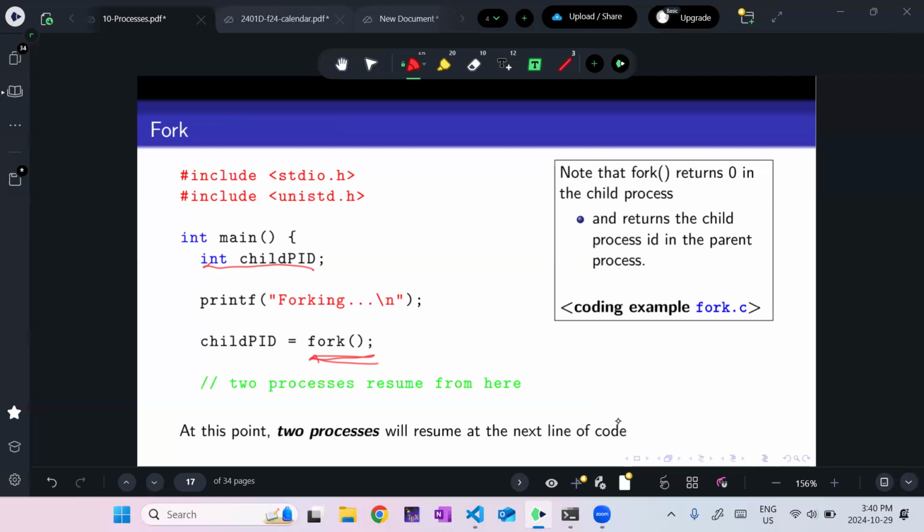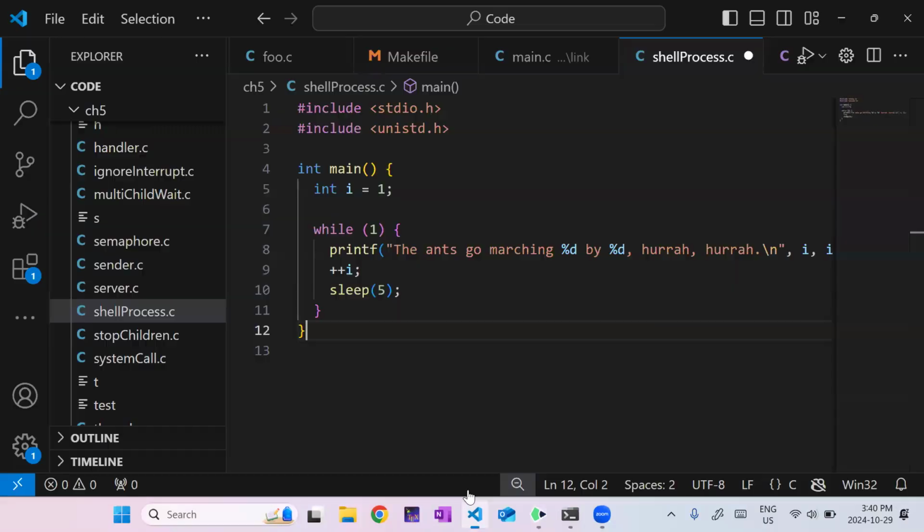So I start in main, I run this, I run this, I run this, and now I have 2 processes that continue from there, right? They both pick up after this. One of them, the child PID number is 0. That is the child. The other one gets the process ID of the child, and that's the parent, right? So now I have the process ID of the child that I spawned. So if I ever want to kill the child or stop the child or send it a signal, I can do that. All right, so let's see an example.